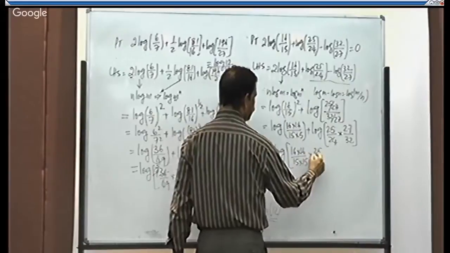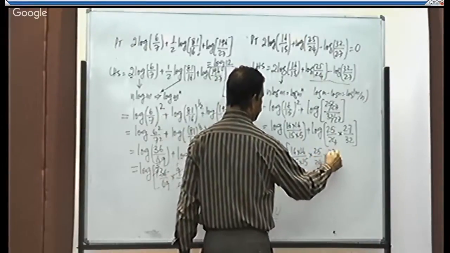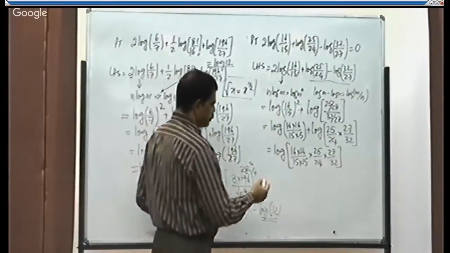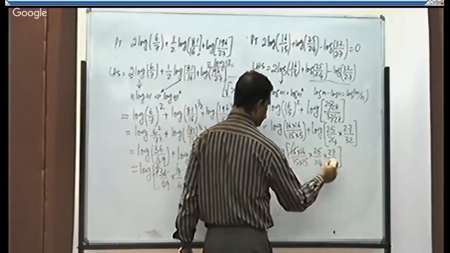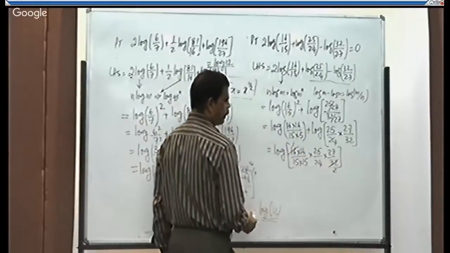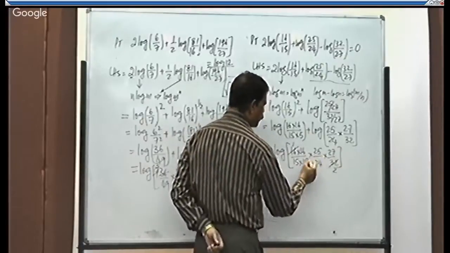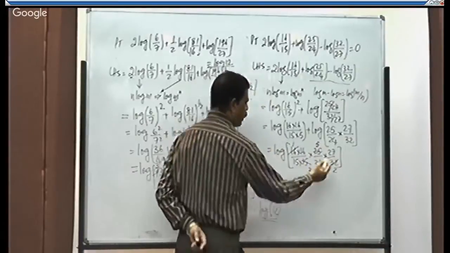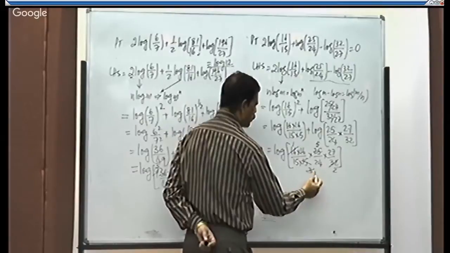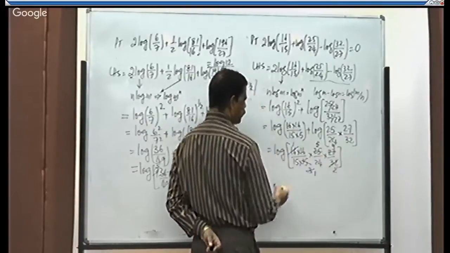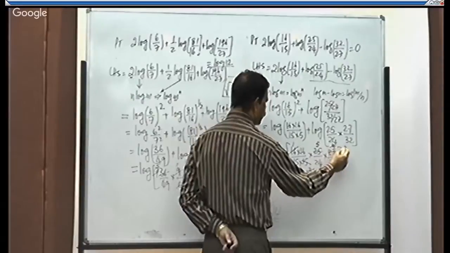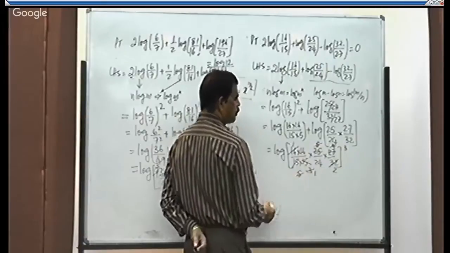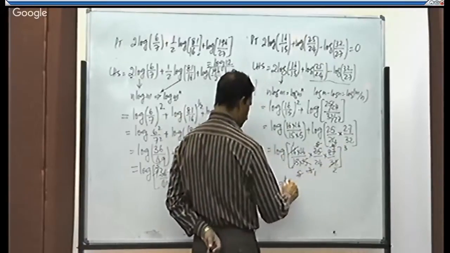into 25 by 24 into 27 by 32. Cancel it. So 16 ones are 16 to the right. These two get cancelled with 5. 5 5s are 25, 5 3s are 15, and these two get cancelled with 3. 3 9s are 27, right? Cancels with 3. 3 3s are 9, 3 5s are 15, and this 5 gets cancelled. What is remaining? It is equal to log of